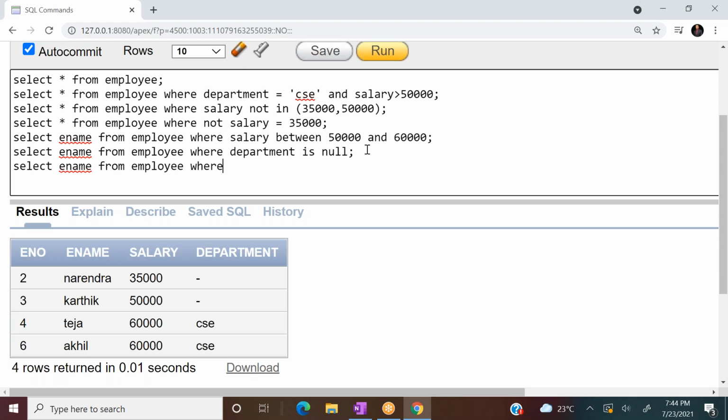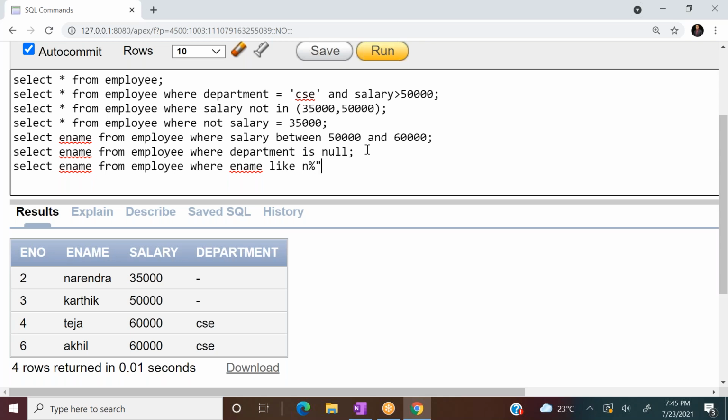So here when I have to write a query, where ename, if I write equal, equal is for comparing with an exact value. But here I have to compare the ename with some pattern. What is the pattern? The name of the employee should start with letter N. If I have to compare a value with a pattern, we have to use an operator called like, where ename like 'N', started with N. After N, there may be 0 or many characters.